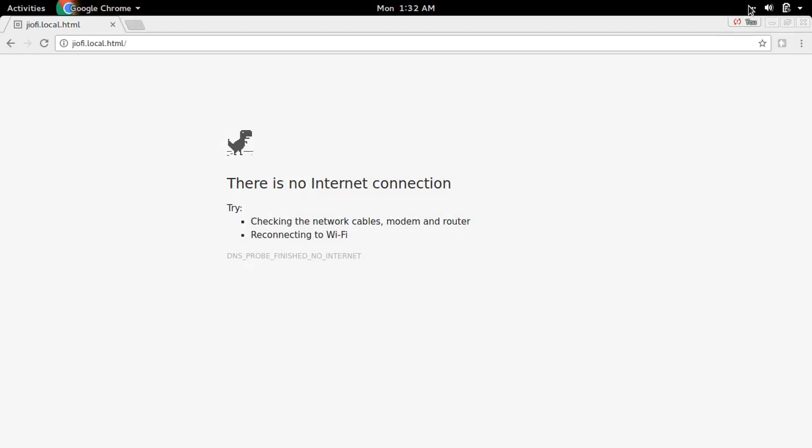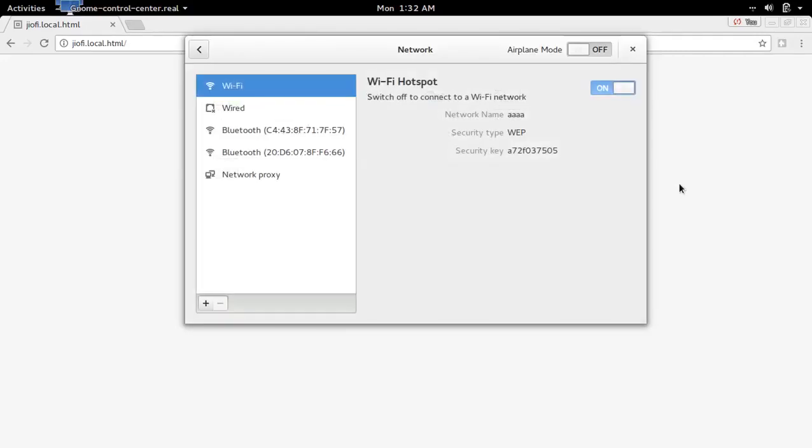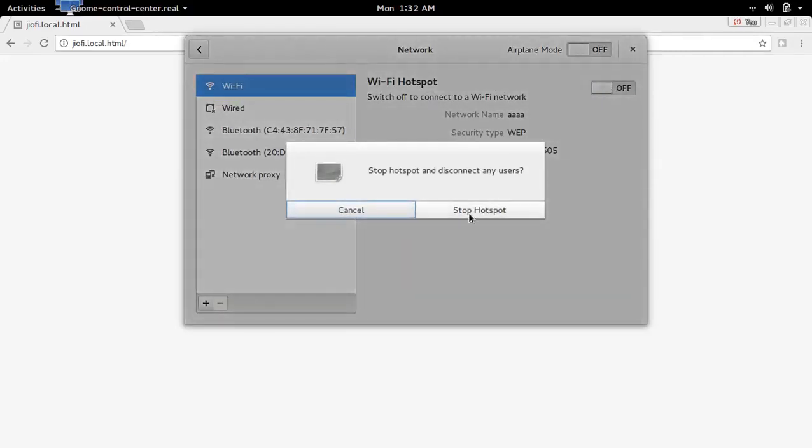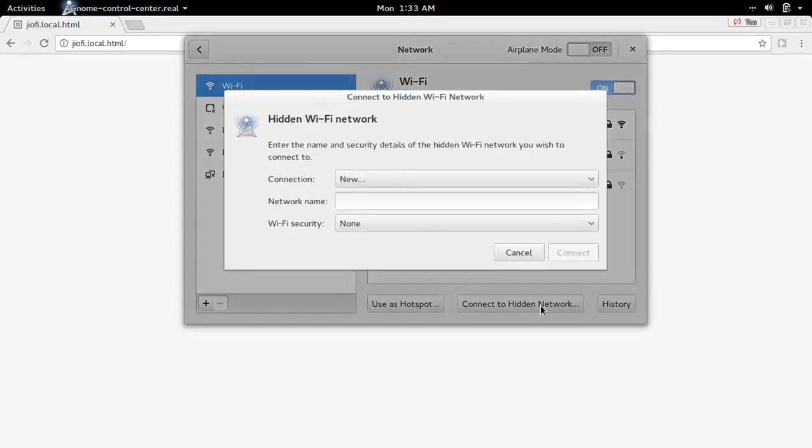So how do we connect then? There is an option. This option is there in all mobiles and laptops. Go to Wi-Fi settings. There you can see an option like this, connect to hidden network. This connect to hidden network will be available in your mobile phone and in your laptop. Connect to hidden network, then just type the name of your network or SSID.